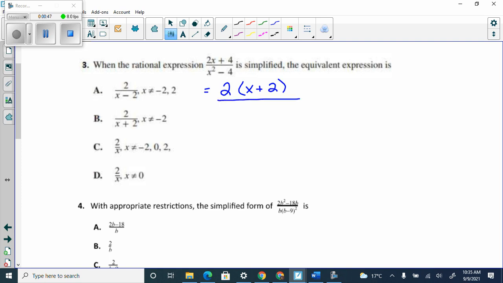The bottom, I can take out nothing, but it is a difference of squares. The square root of x squared is x, the square root of 4 is 2, and then plus minus. All right, I see something I can cancel. I get very excited. I'm like, yes, I got something here. But,